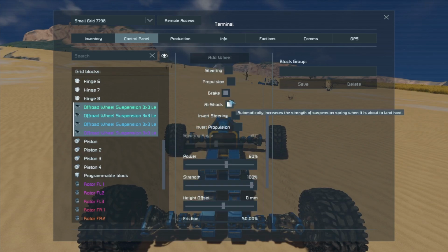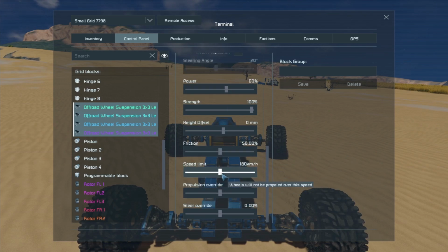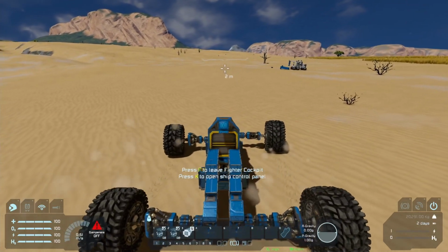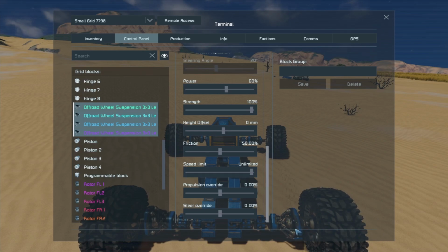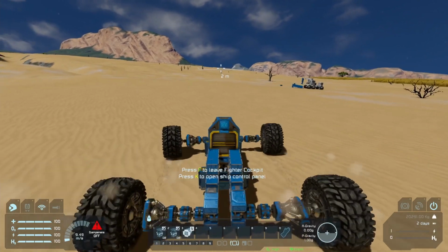Safety detach, no. Brakes, air shock, okay. The strength is at 100. Power supply to propulsion. Non-friction, speed limit. I don't think it actually matters for speed limit. Yeah, I don't think so. But it's not grappling onto the actual rotor itself, or this little part on the right side where the wheel hits the suspension. The suspension seems to be rolling faster than the wheel itself. Is it because I have too much friction? But friction is what gives me...